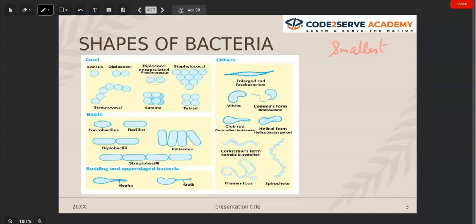So the smallest bacteria is PPLO, pleuropneumonia-like organisms. Okay, and the largest is